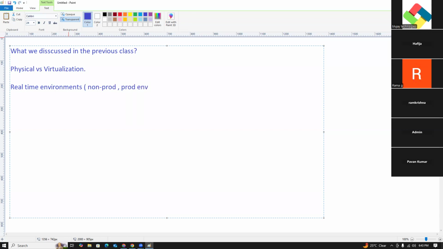Non-prod contains something like a dev environment and QA environment, right? And the production environment. Prod is nothing but a live environment, right? We discussed this and we discussed how to